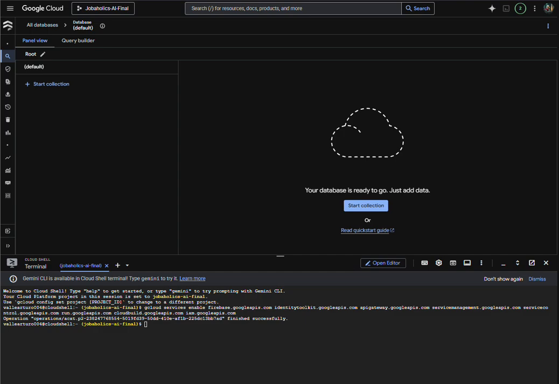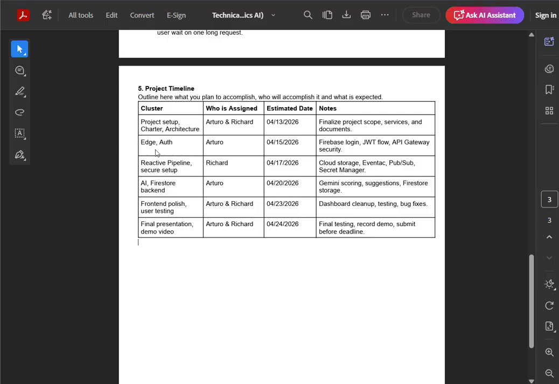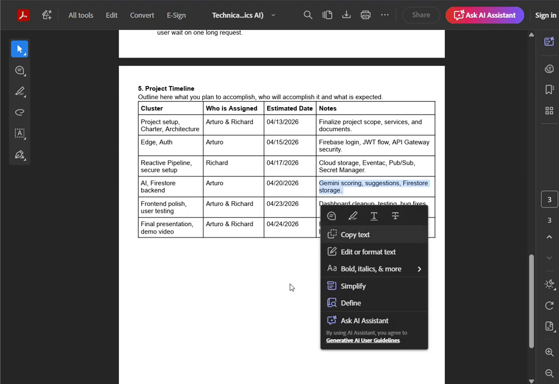I don't think I'm missing anything because this sprint was a little bit simple. It was just pretty much making sure that everything was connected so that Richard can do the cloud storage and the Pub/Sub and Secret Manager. And then after that, on the next sprint, I'm going to show the Gemini and suggestions for storage, which is